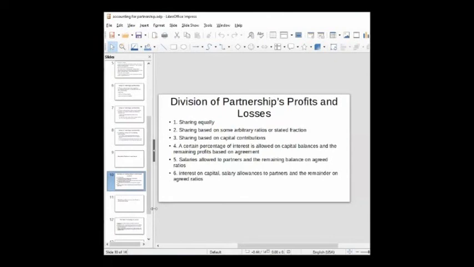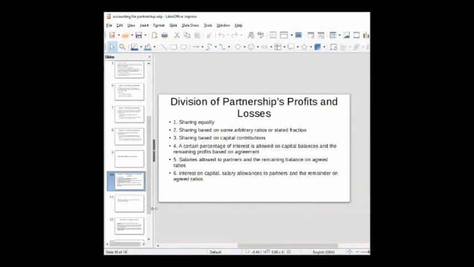In the division of partnership profit and losses, these are the methods. They can share equally, or they can share based on some arbitrary ratio or stated fraction. So if one of the partners contributed 25,000, and the other one 25,000, and the other one 50,000, they will have this 25, 25, and 50